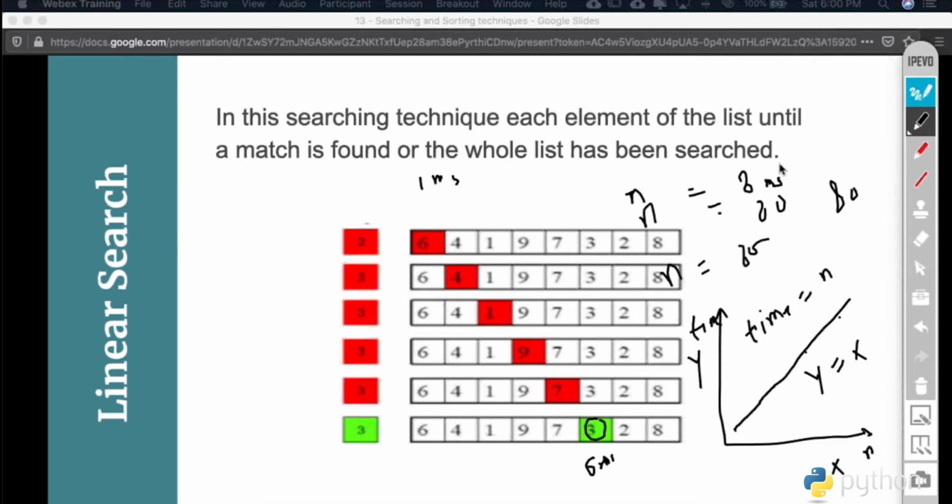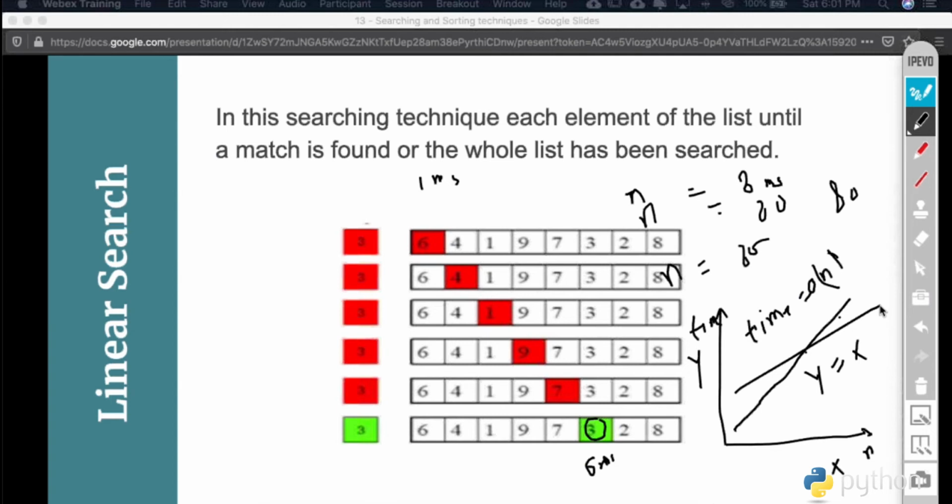The worst case scenario of the search is that the item is not in the list. How much time the algorithm takes to fetch the result in that case is what we call the upper bound, or at most time. This is generally represented by a notation called big O, and that's how we express the time complexity of an algorithm. So we say that the linear search algorithm has a time complexity of big O of n, where n is the input size of the list, basically the number of elements present in the list.